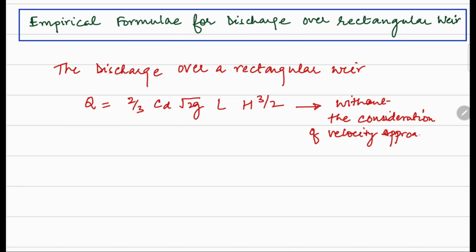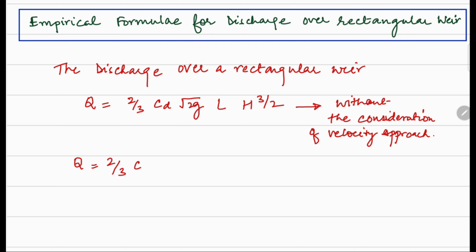It means that you are assuming that the velocity at which the fluid is approaching towards the weir is zero. However, this is not the practical case. So, due to this, the consideration of the velocity of approach is very much important, and in order to consider this concept of the velocity of approach, this formula is modified, and which says